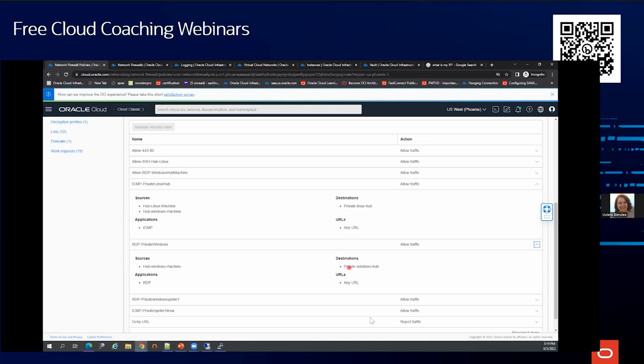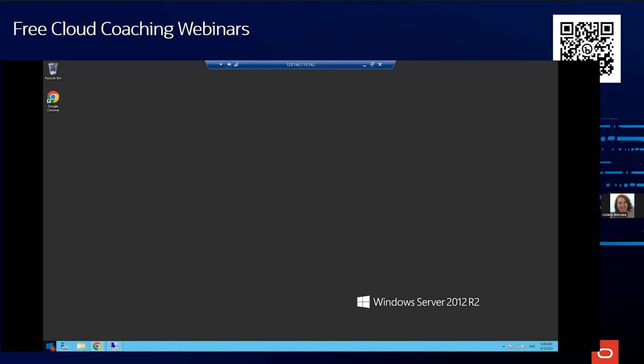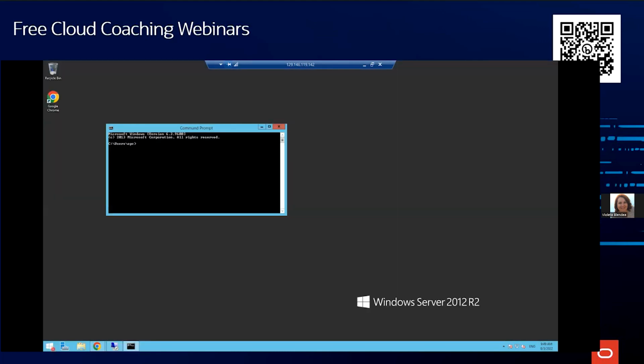Let us see that. So these are my instances. This is my Windows. I have not created an ICMP rule for this, so I should not be able to ping it. Let me go to the command prompt and ping, paste it. Let us see. Destination host or destination network unreachable.